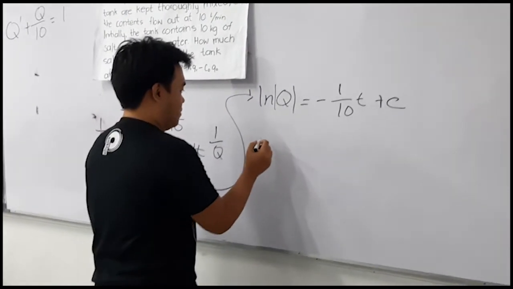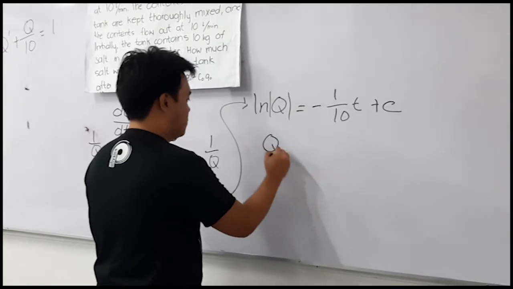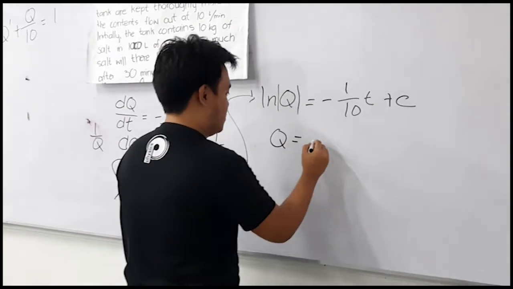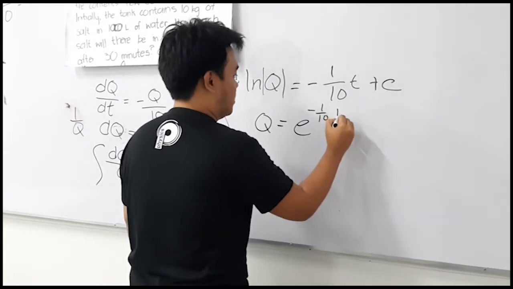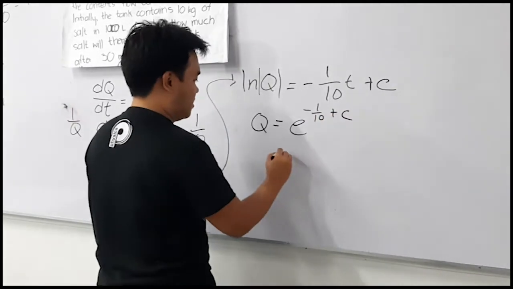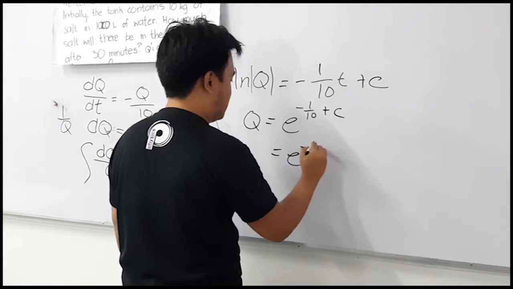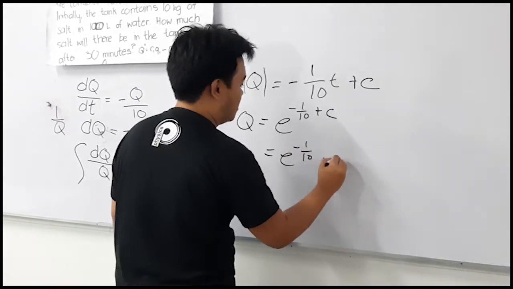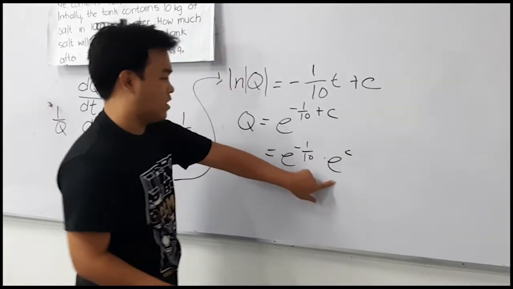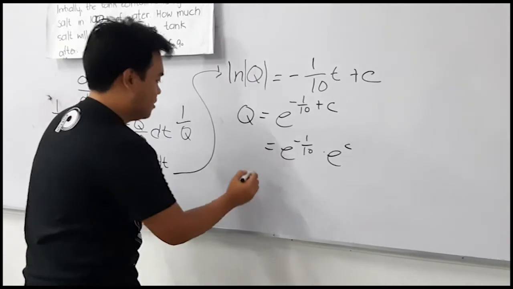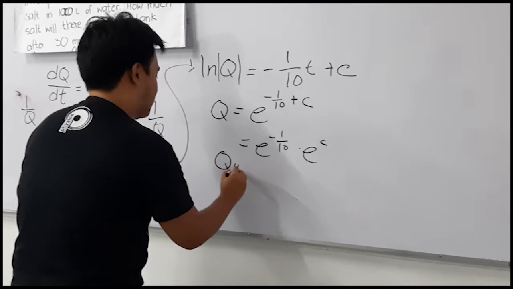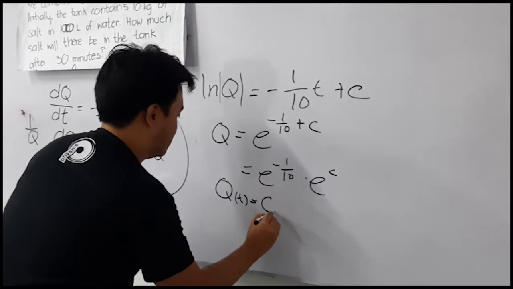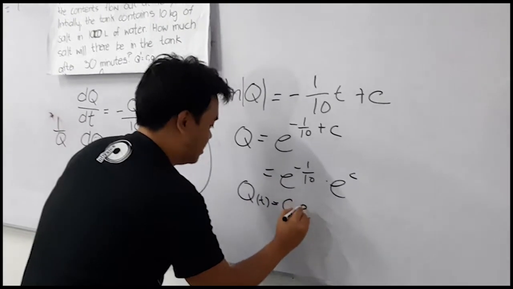We're left with q equal to e raised to negative 1 over 10 t plus c. We could write this as e raised to negative t over 10 times e raised to c. And we know that e raised to c is a constant, so we're left with q as a function of time equal to C e